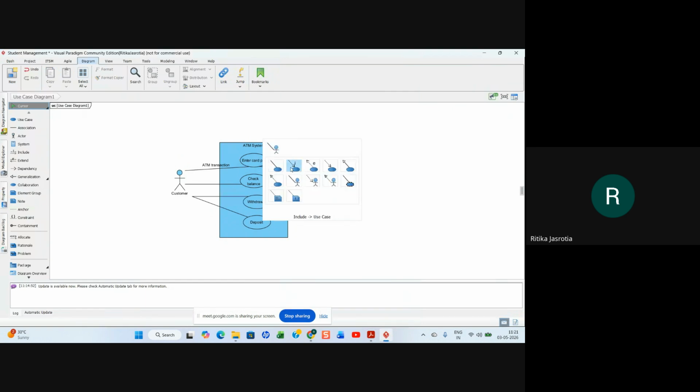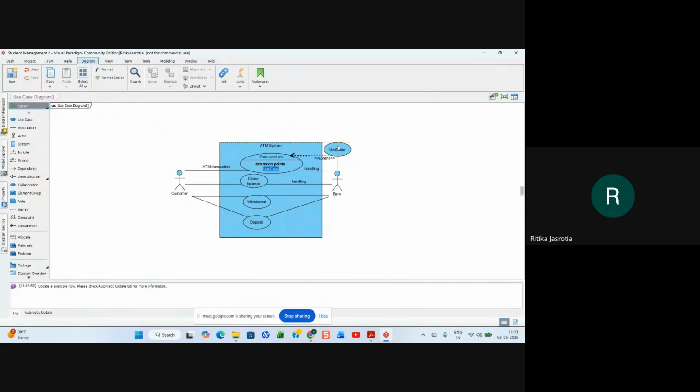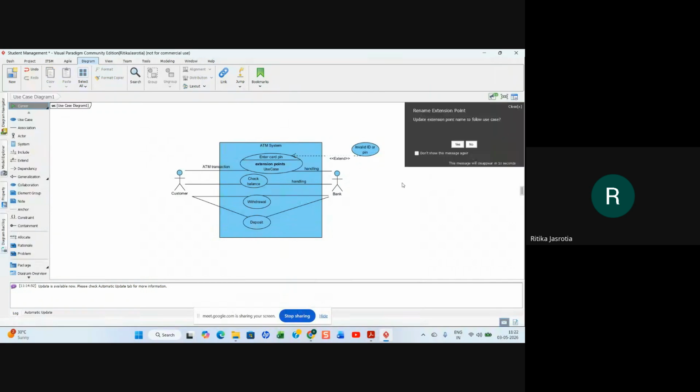If you go here, this include and extend. So if we have to make an extend one, just make the extend one like this, right? So the extend one is for checking the invalid ID or PIN. That is there.